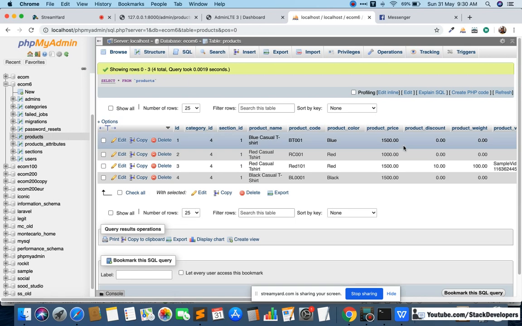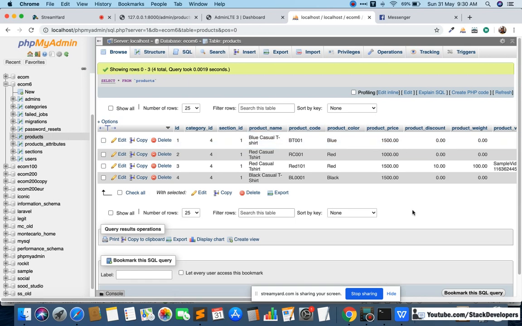But the best thing is to add the product color here in the products table, separately, and we will add some kind of group code in the future, grouping the products. We are going to group the products of every color, and join those products. You can even add it in product attributes, but this is the better way to do it. Add it separately.